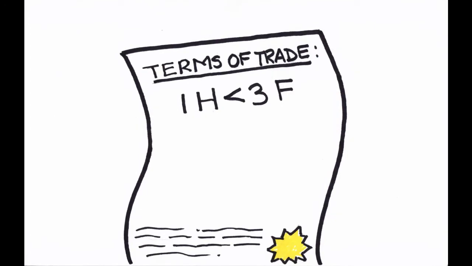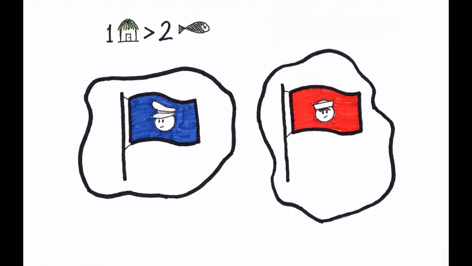To recap then, the United States of Skipper would benefit from trade if they knew that they would receive more than their domestic trade-off of two fish dinners for each hut. The Republic of Gilligan would benefit from trade as long as they can pay less than their domestic trade-off of three fish dinners per hut. Therefore, as long as the two countries can agree on terms of trade that lie between their two opportunity costs, then specialization in trade according to their respective comparative advantages will be beneficial to both parties.